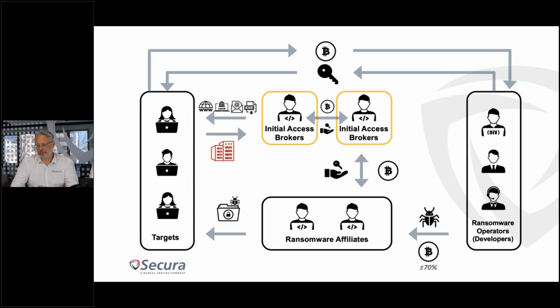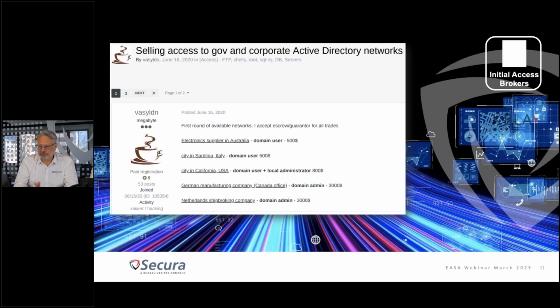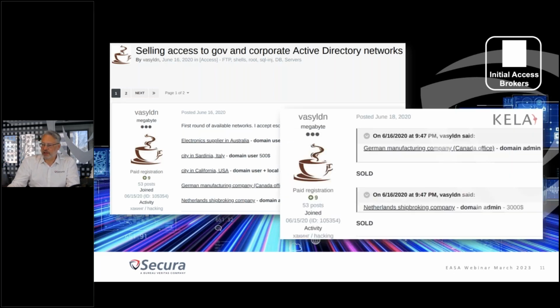And this whole ecosystem, it takes from a couple of days to a couple of weeks for these ransomware groups to do the attack. Now, why is that? Well, first of all, they have to go through the steps. So you have initial access, they have to sell it. It's usually a bidding process. So someone might ask for $1,000 at a minimum start bid, and then it goes up. So after a while,